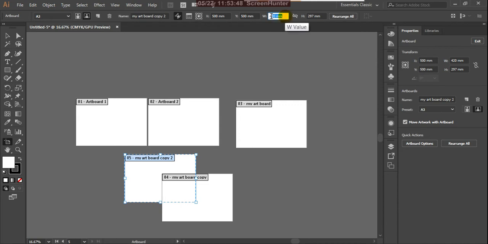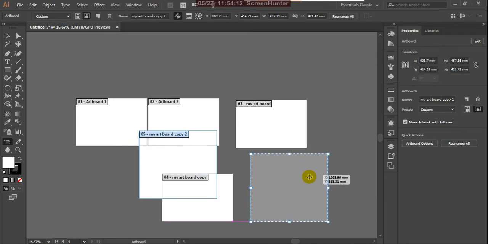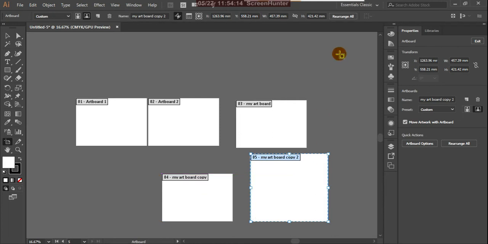And suppose this is the width, see, and here I am giving again 250. See, so that means this is the artboard value, 250 by 250 mm. So accordingly you can move, or otherwise you can increase this. Okay, you can add increments, so automatically the values are added.